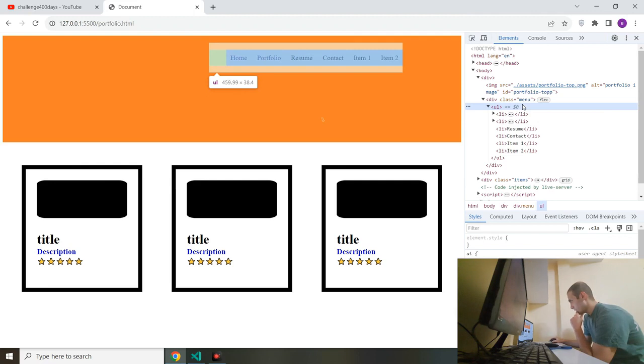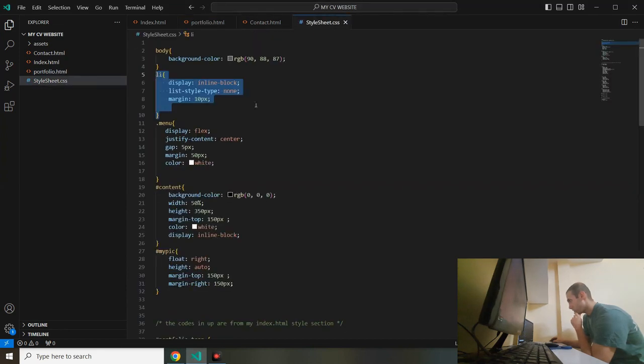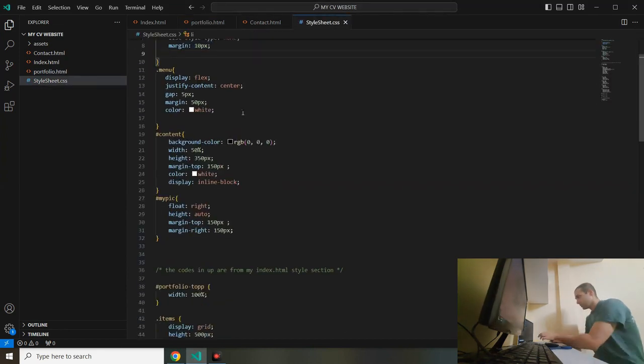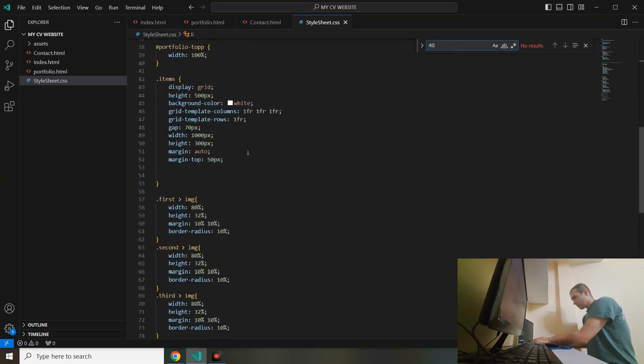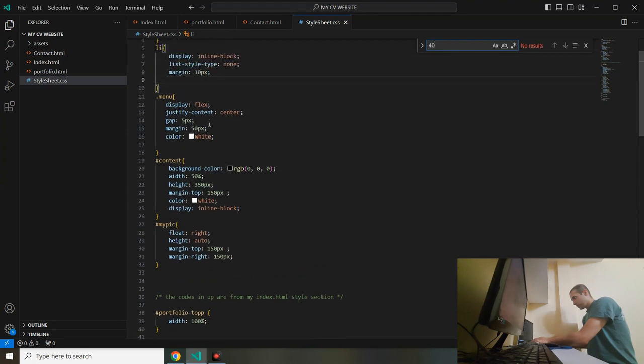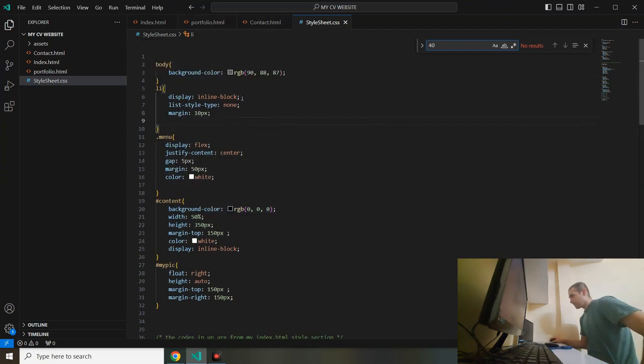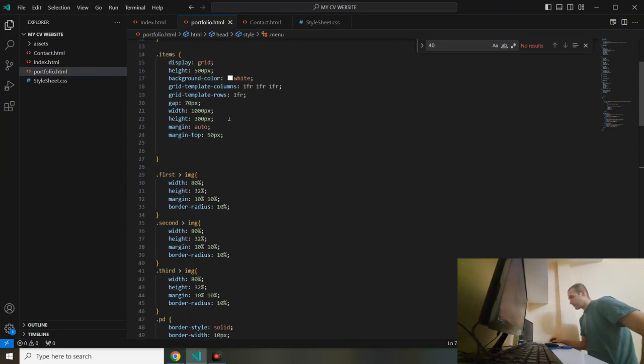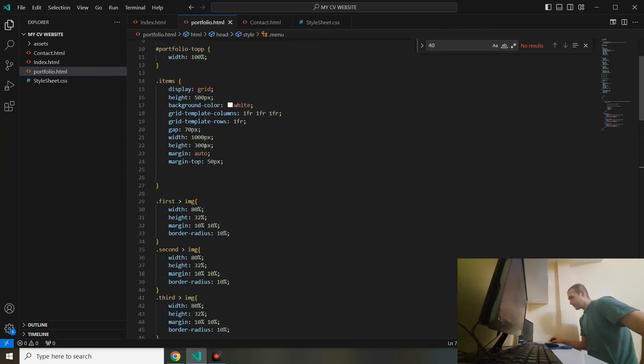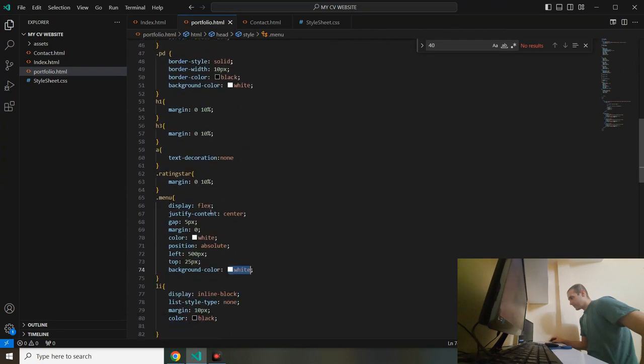So this is the UL. I cannot find that 40 pixel padding,